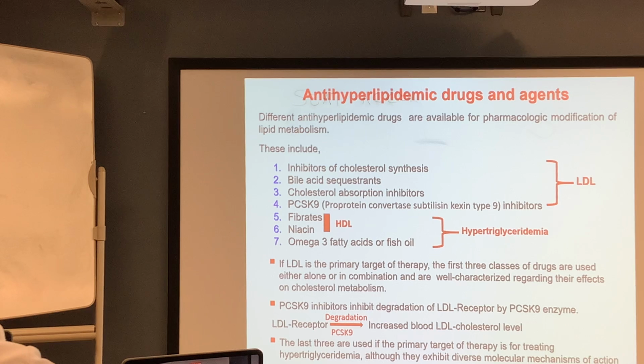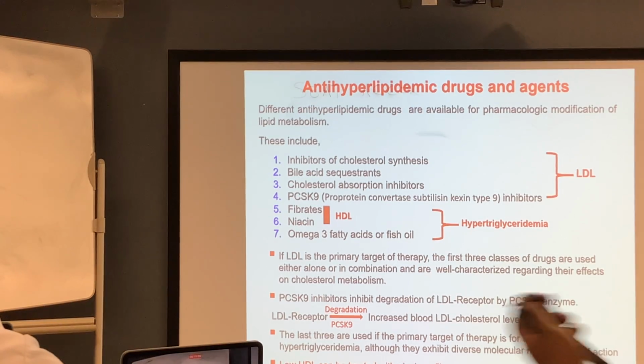There's a particular enzyme that comes into play, HMG-CoA reductase. HMG-CoA reductase is the enzyme that is involved in the synthesis of cholesterol. The substrate is acetoacetic acid, acetoacetic. So when the cholesterol is synthesized from acetoacetic,